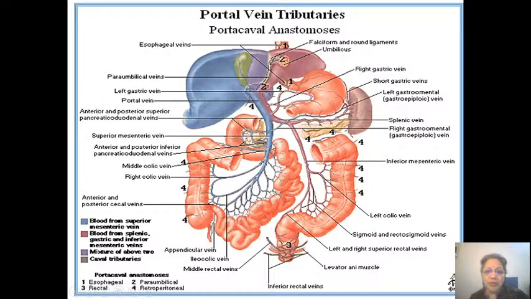So we saw blue is blood from superior mesenteric, purple is blood from inferior mesenteric and splenic. It's described as two streams here. And then you have the mixture obviously, and then you have the portal vein dividing into its left and right hepatic branches. So here, where you have esophageal veins is area one, where you have the portocaval anastomosis,